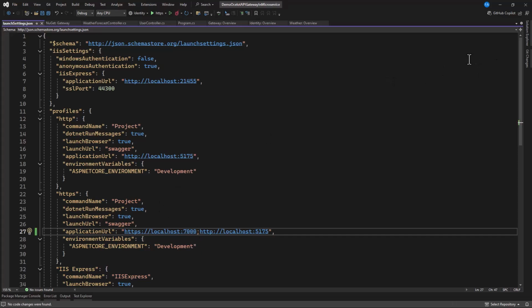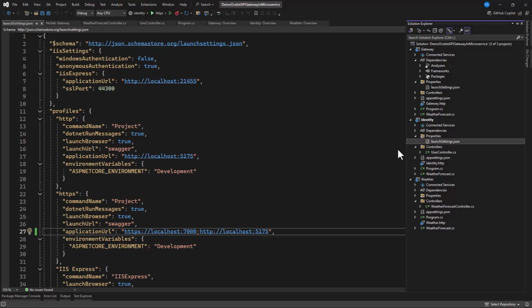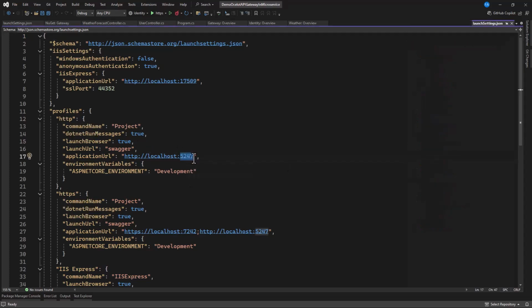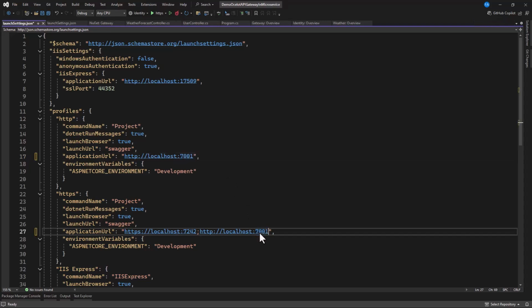Now let's go to our identity. From this identity, you can see we have properties folder, launchSettings. You click on it, and now let's make this for HTTP run on 7001. The same thing applies here, 7001. And now you can see it has launch URL to Swagger. Okay, so although we have it here, we can also access it, but for now let's leave the launch URL as Swagger in there, because at least we have this package installed, and as soon as we run, we're going to have the UI so we can check it ourselves.